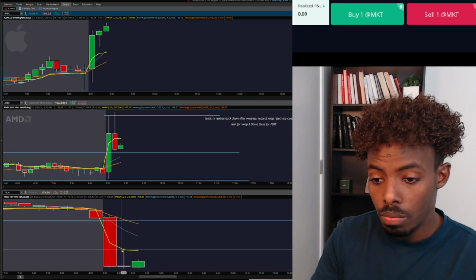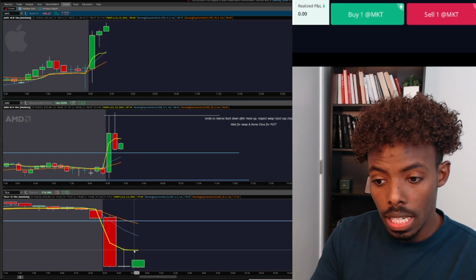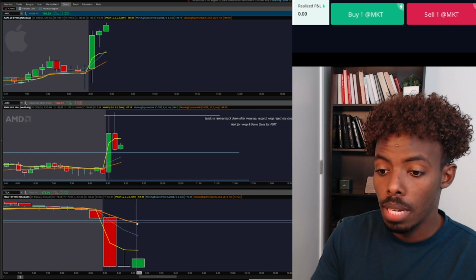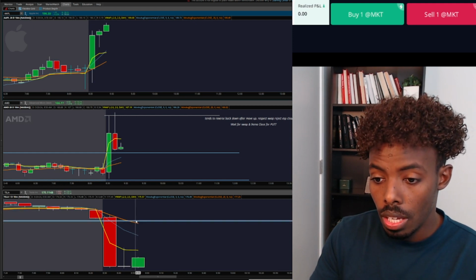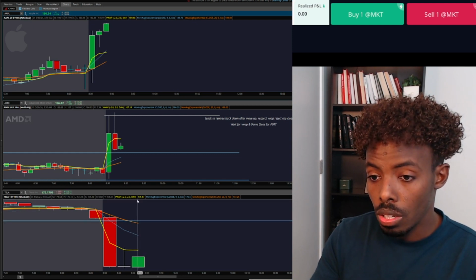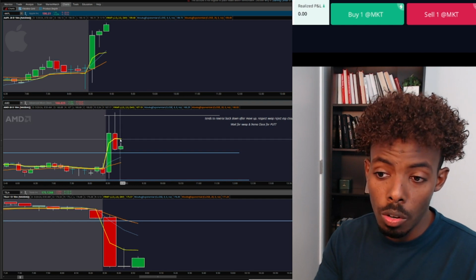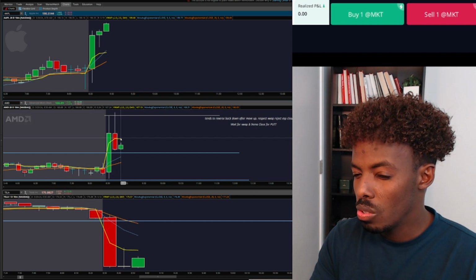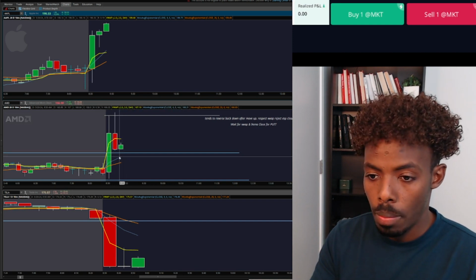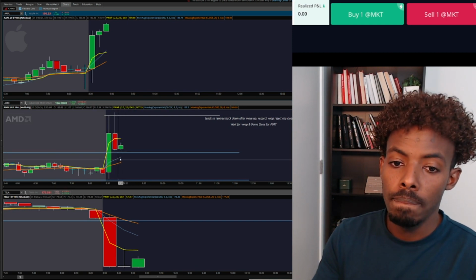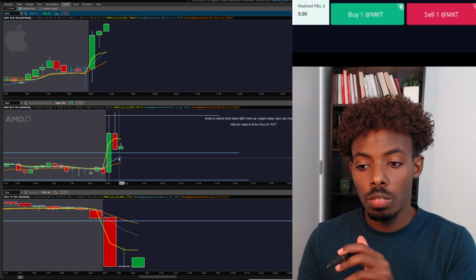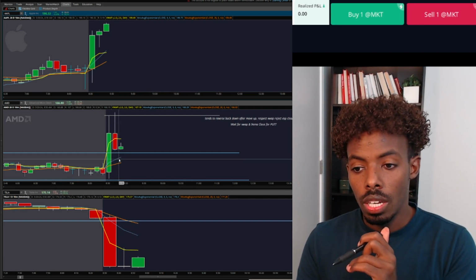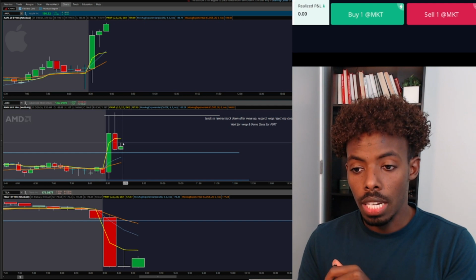Keep in mind though, the VWAP is following that dip, so we could potentially get a reversal back up to the 20 to retest the pre-market low. So here we go. I doubt that this is gonna go back up, but we will see what happens here. Can I take the put right now? Tempting, but no, because we did not close below the 9, so because of that, I'm not gonna be placing a put